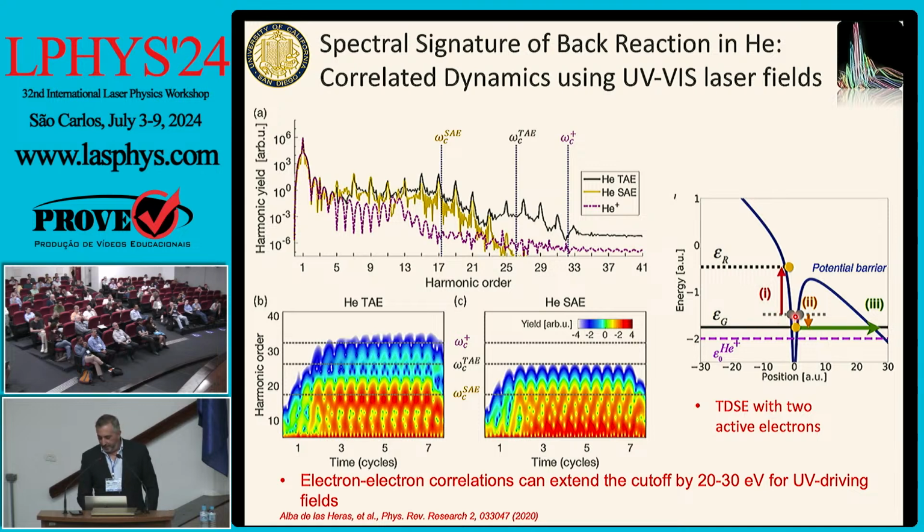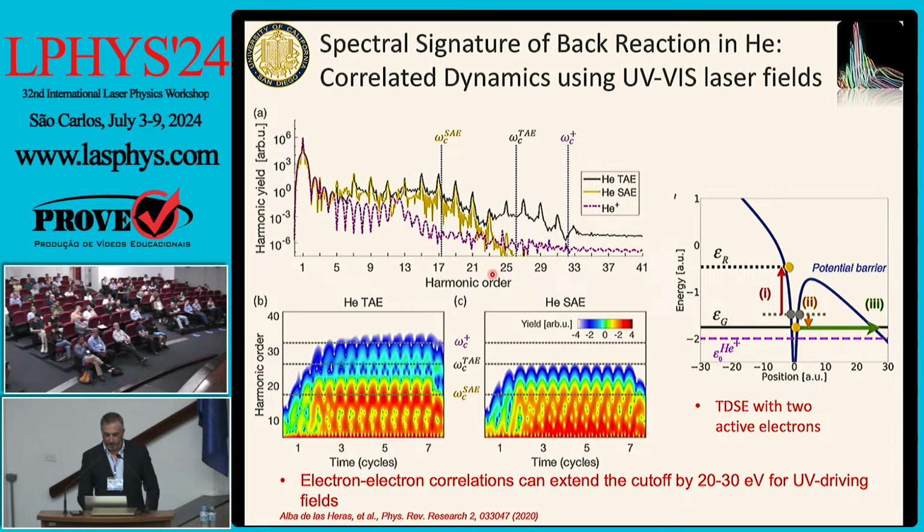So in helium, we can in fact excite one of the electrons to a Rydberg state, while the second one can go down to a strongly bound state. So having effective higher ionization potential in high harmonic generation simply translates into extending the high harmonic cutoff. If you look at these TDSE calculations with two active electrons, you can see that the emission from helium